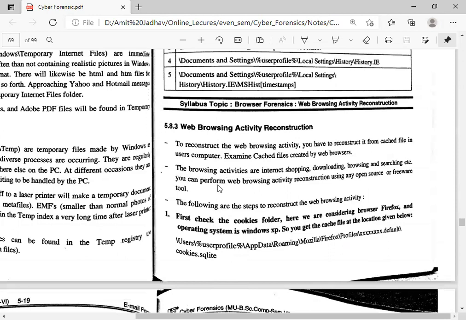Next point is web browser activity reconstruction. To reconstruct the web browser activity, you have to reconstruct it from the cache files on the user's computer. Examine the cache files created by the browser. This is the first thing that the forensic team has to do: view and examine the cache file.